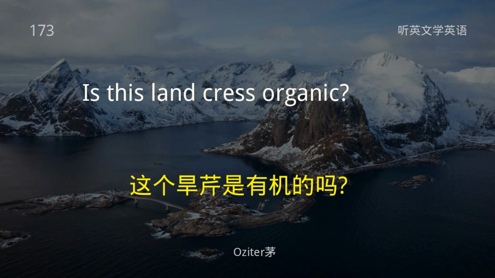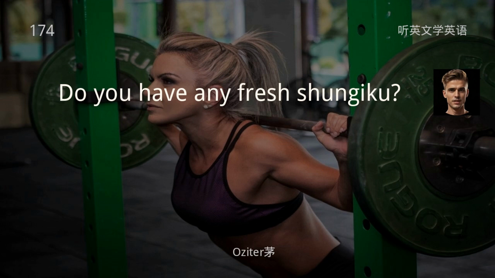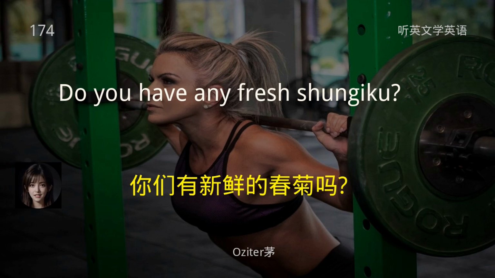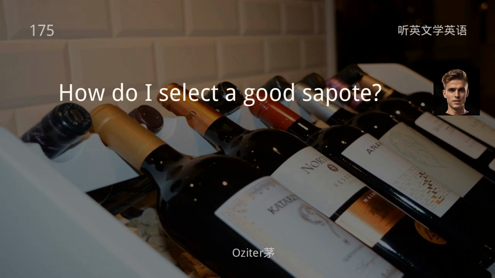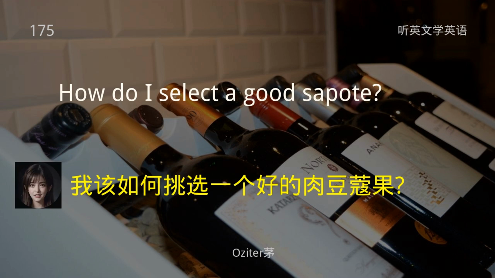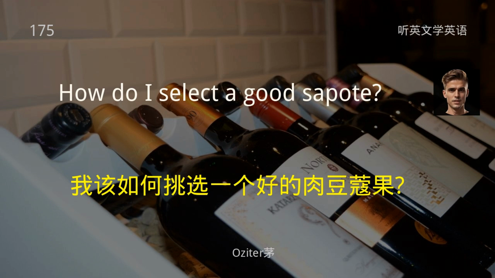Do you have any fresh shungiku? 你们有新鲜的春菊吗？ How do I select a good sapote? 我该如何挑选一个好的肉豆蔻果？